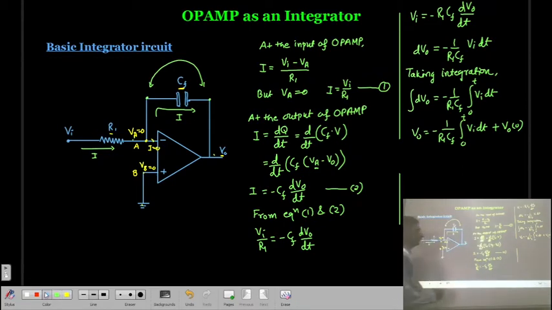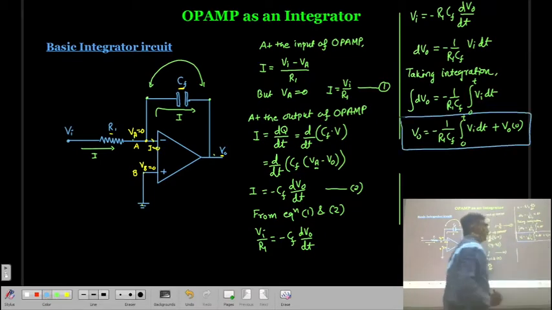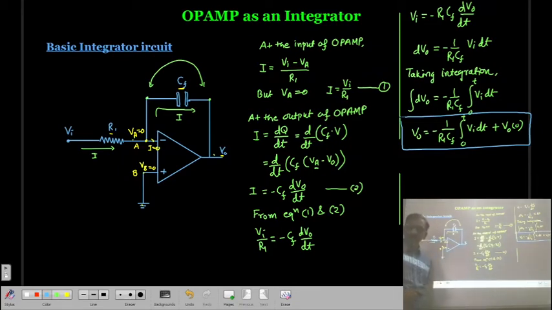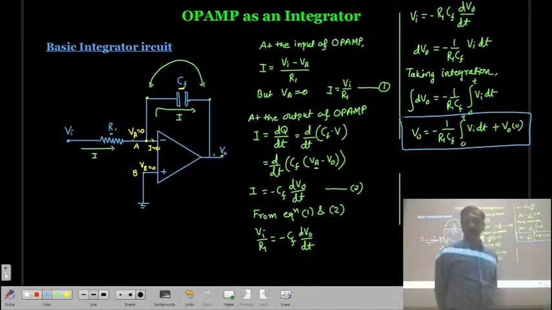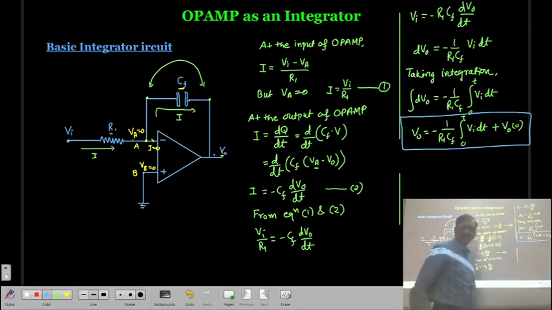So here you can see that the output voltage is proportional to the integration of the input voltage. In this way, this circuit will give you the integration of the input signal. What is the VO 0? Here, VO 0 means at the time t, that is representing an integration constant. Means at the time t is equal to 0, whatever the output voltage will be there, it is represented here. In most of the cases, we will consider that it is 0.